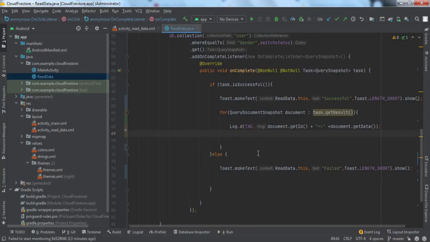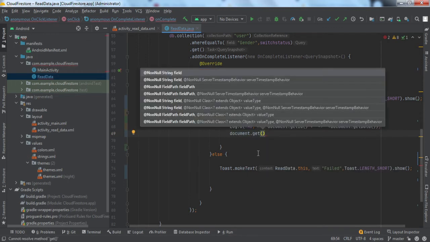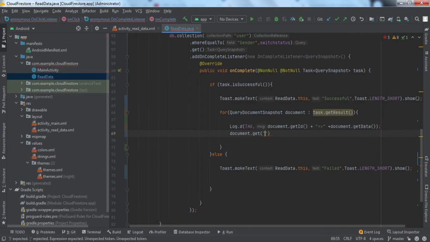You simply write document.get, and here you pass the field name. So if I write firstName, this will give me the first name.